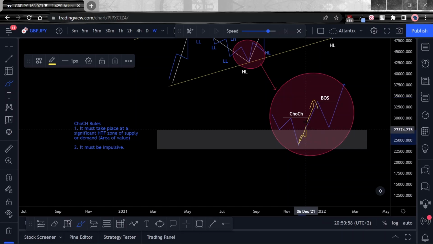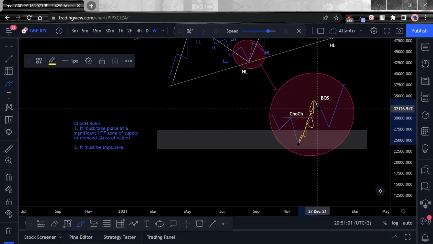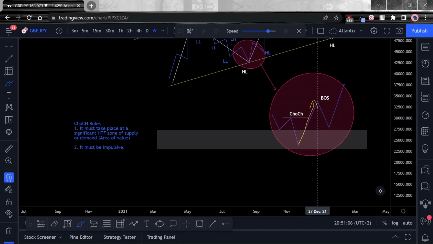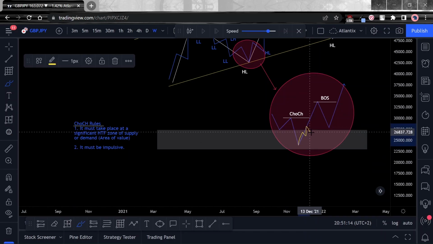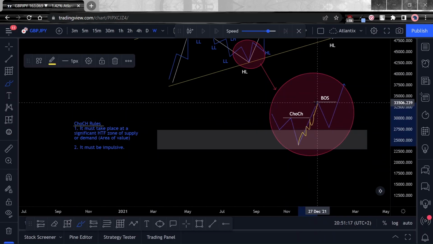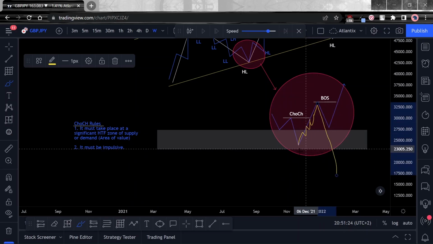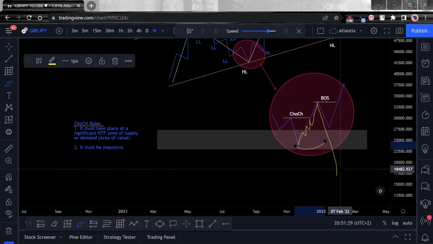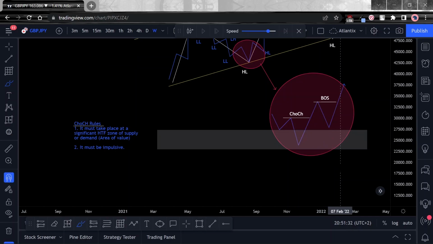If it's a very corrective change of character, what are the chances that the buyers are struggling to push the price up? According to our nature's theory, those chances are high. It's highly likely that if buyers are just coming in and it's taking a while for price to push up and you see a change of character, when the sellers step in, they're going to step in with an impulsive move, stop you out if you had found whatever looked like a buying opportunity there, and then you take a loss.